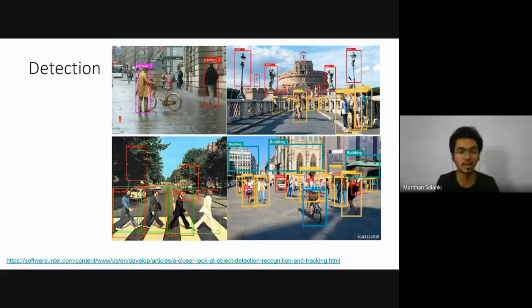Let's take a look at this particular image. Here the image contains two men on cycles and the streets. So there is a bounding box around person one and person two. And object classification means providing a label to that particular object, like this is the person, this is the street light, this is the tree. So this is known as classification.